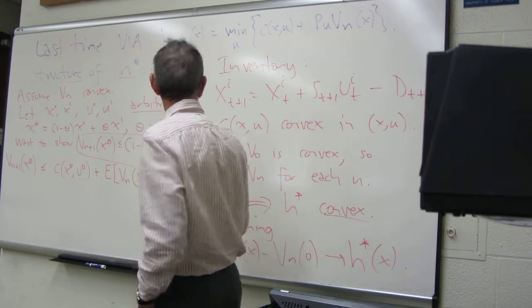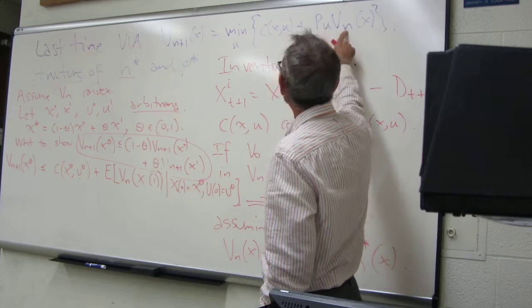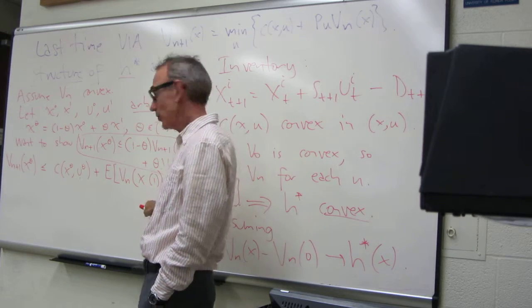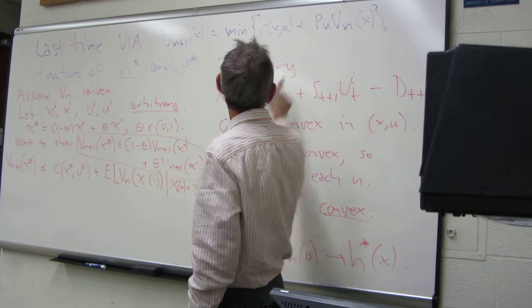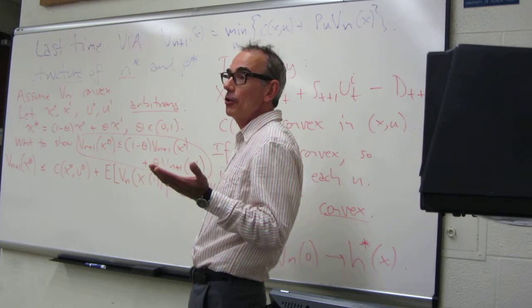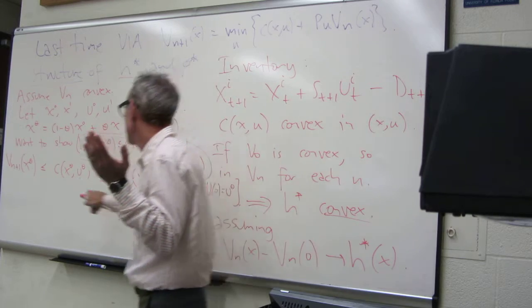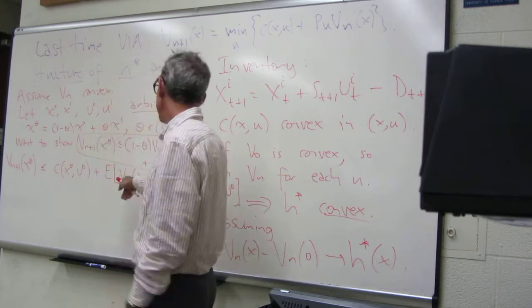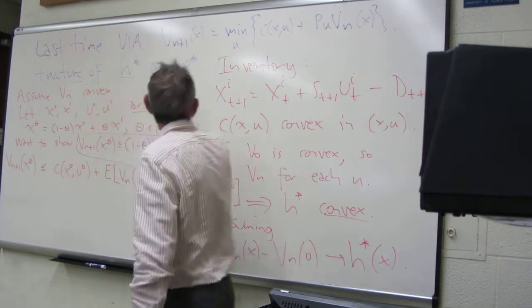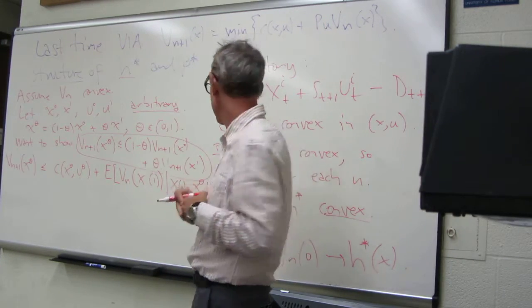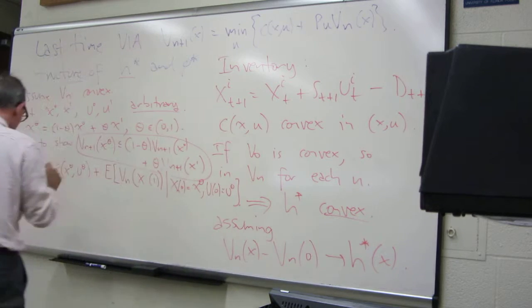Okay? So the definition of P^u V_n of x is the conditional expectation one step in the future, given u. I'm taking a particular u, arbitrary really, and x theta is the x that I'm interested in. Okay, so I'm getting an inequality because instead of a min, I'm sticking in u theta, just basically an arbitrary value. Okay. Now this is equal to